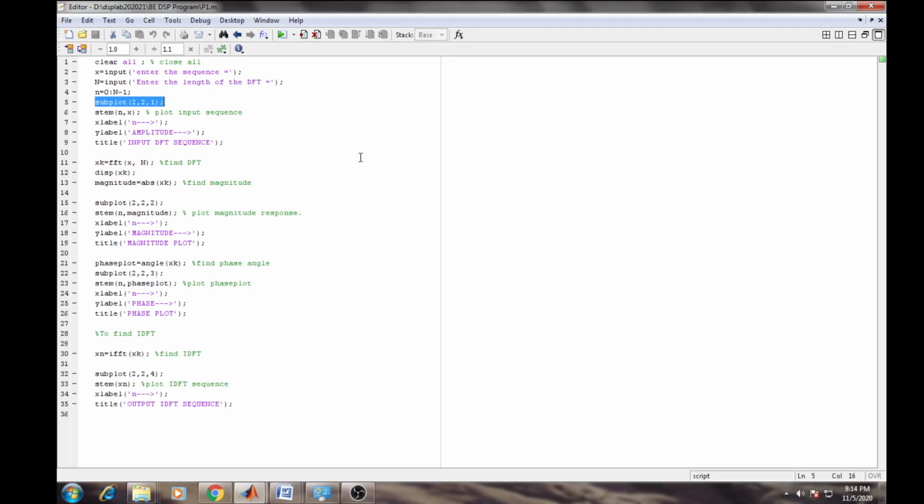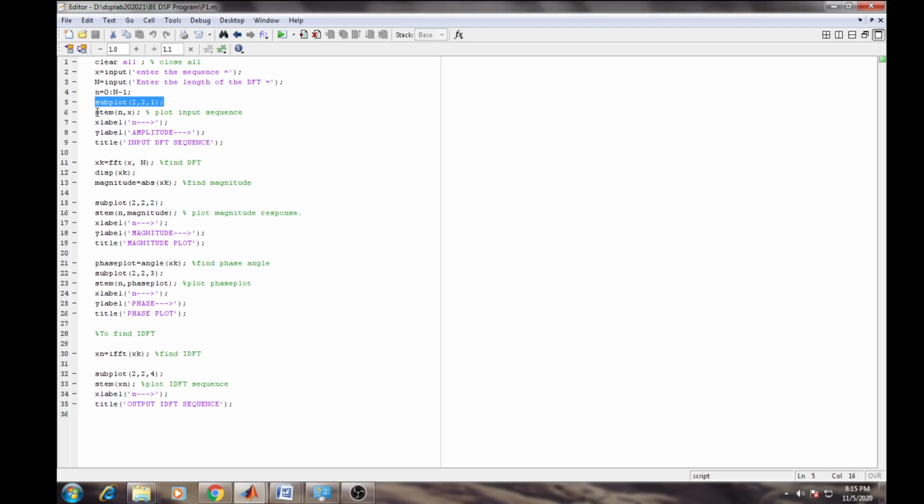So 2 comma 2 comma 1 means a 2 by 2 matrix is there, meaning the screen is divided into 4 parts, and the first place is accommodated by this coming figure. So the coming plot will be displayed over that place.